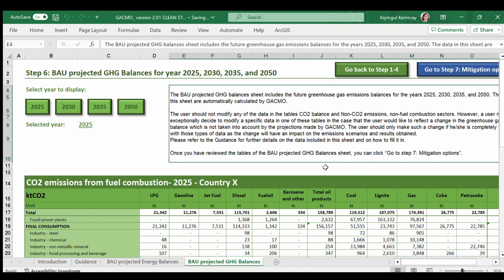The user can either go back to steps 1 and 4 to modify the input data or go to the next step, step 7, by clicking on this button, Go to Next Step 7.